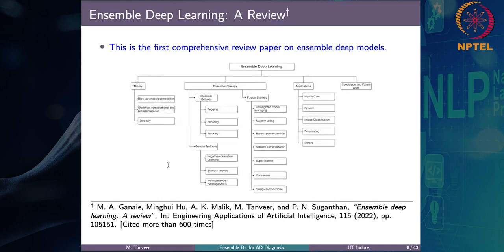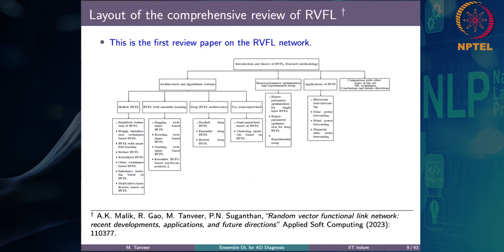We have given our recommendations for future work. This work was published just 1 year ago, and it has more than 650 citations in just 1 year. Now this is another review paper